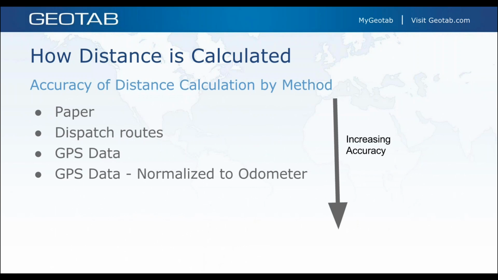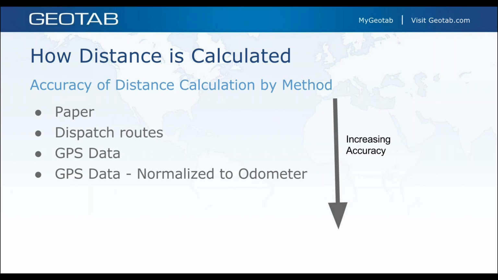So just to further touch on how GPS data compares to paper routing and mileage: if someone's calculating distance from point to point on a paper map, the map provider might have a distance between, say, New York and Washington, D.C., and that's probably relatively accurate. If you have to go through a bunch of waypoints, there would be decreasing accuracy. So the rule of thumb is paper could be anywhere from 0 to, say, a 20% error,